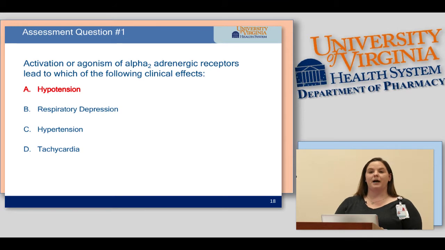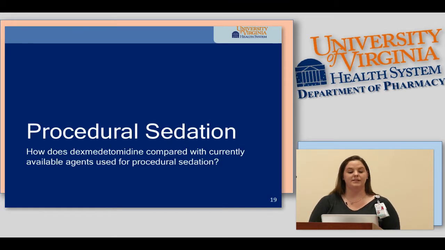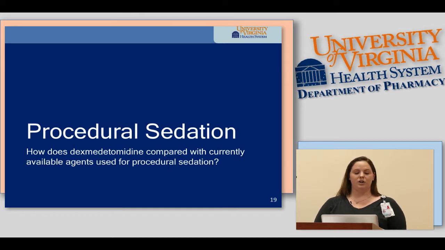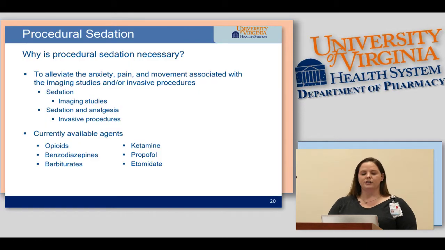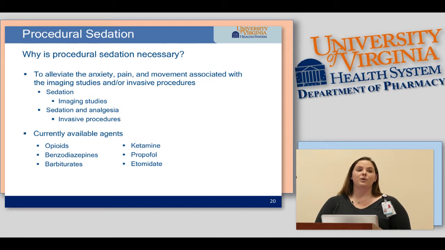So the next patient population I'm going to be talking about is the use of dexmedetomidine in procedural sedation. How does dexmedetomidine compare with currently available agents used for procedural sedation? First I want to talk about why procedural sedation is necessary. The goal of procedural sedation is to alleviate anxiety and pain and movement associated with imaging studies and invasive